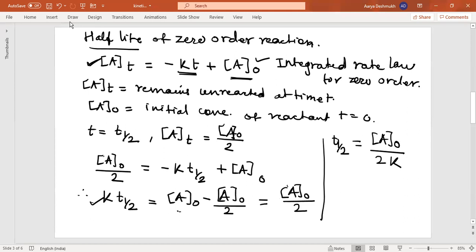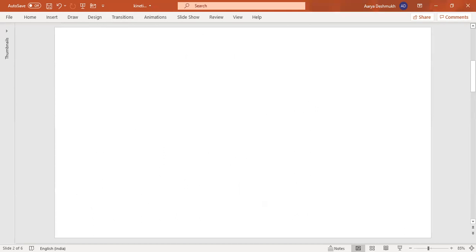Okay. So this equation gives the relationship between the half-life, that is T half, of the zero order reaction and its rate constant, that is K. So this is the way you approach the different equations which will be useful for solving the numericals and the MCQs based on this. Now the examples for this zero order reaction, because when you solve the MCQs, you need to know some of the examples, so that you will be able to know what is the order of the reaction. It might give you some clues for this.